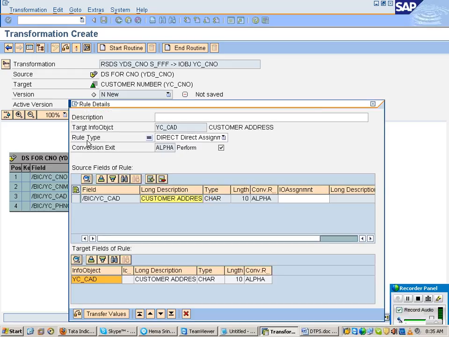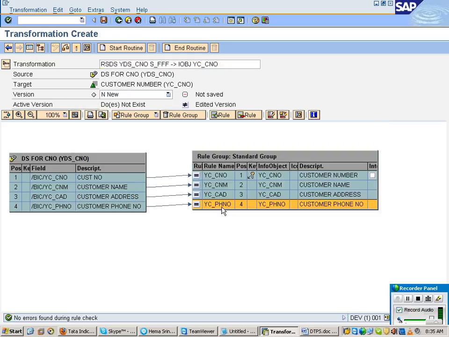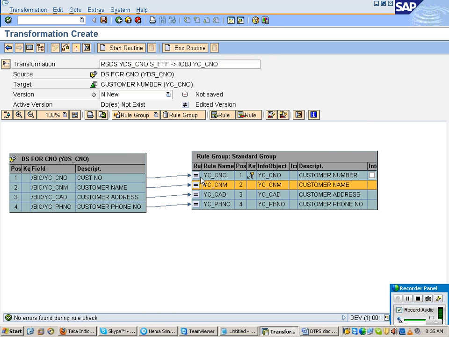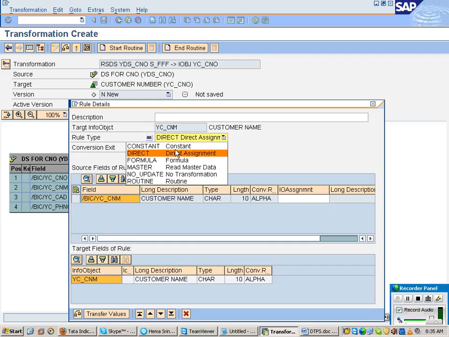What can you see? The rule type. By default all the options are there, so totally 6 are there, 1, 2, 3, 4, 5, 6, what we discussed: constant, direct assignment, formula, read master data, no transformation, routine.